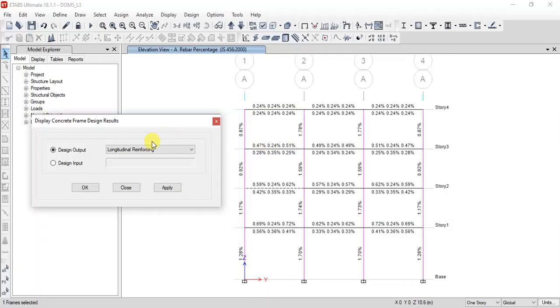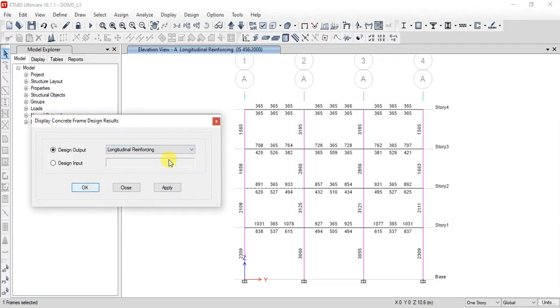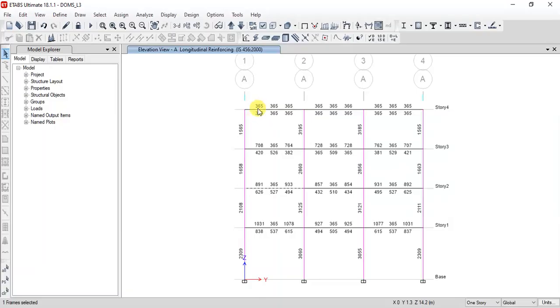That will save you a lot of material. For example, the software may provide 380 or 390 square millimetres of reinforcement instead of 365, so you can reduce the diameter of the bars and still get the required amount of steel at those places.